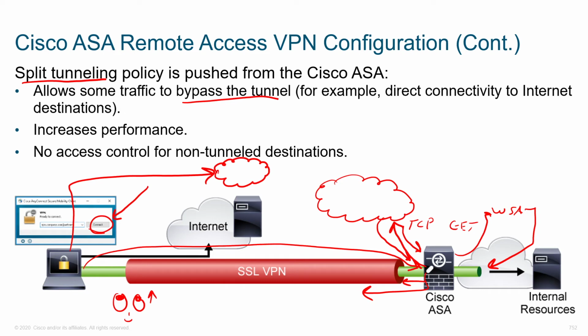This increases performance, right? It's less latency, it's less hops, it's less work for your ASA to do to have to decrypt and re-encrypt all these messages that were never really intended for it. So nice. The downside is there's no access control for non-tunnel destinations. And the real concern